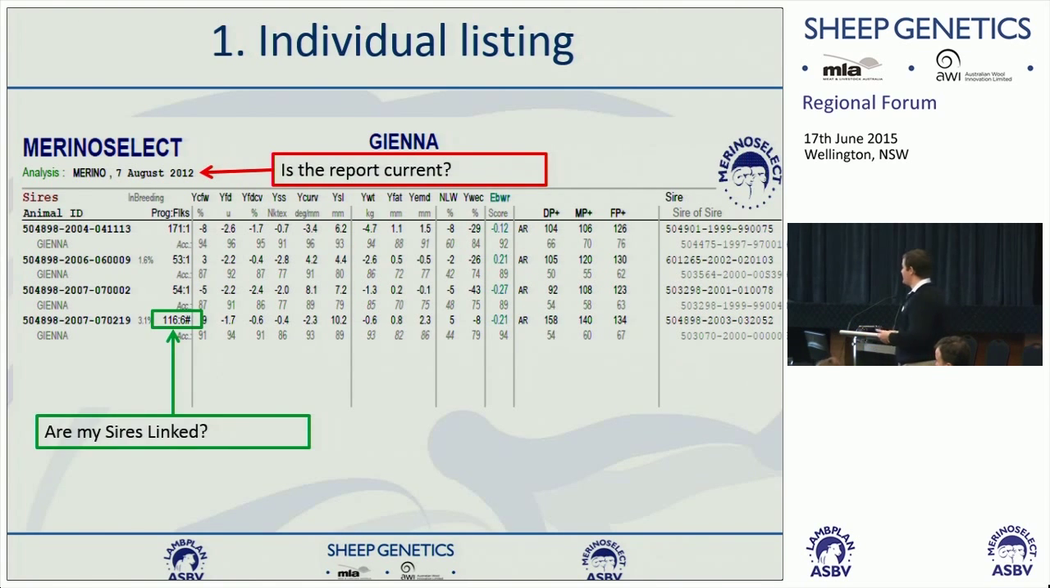The next one, are my sires linked? So see how we've got 171 here and then 1? That means he's got 171 progeny in one flock. Okay, so that's a